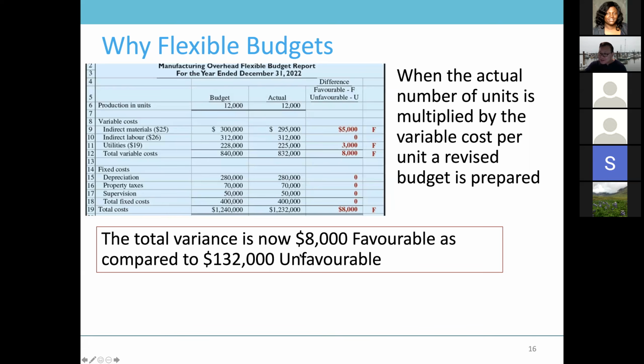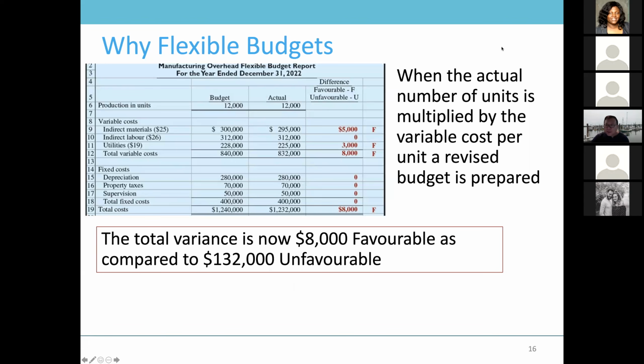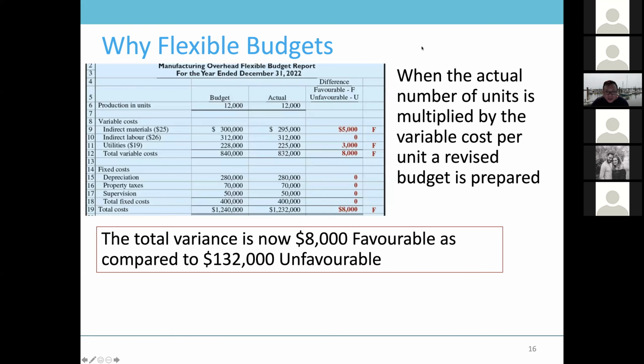So the difference between these two models is 140,000. Does anyone know why it's 140,000? Ruben, wow. Because the change in production in units